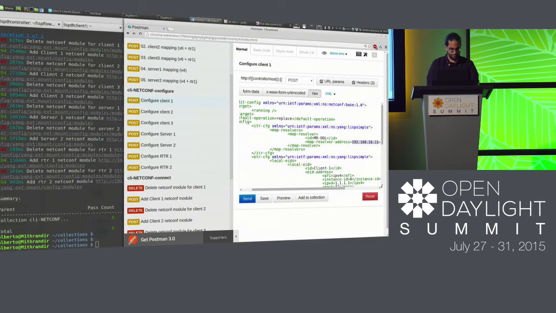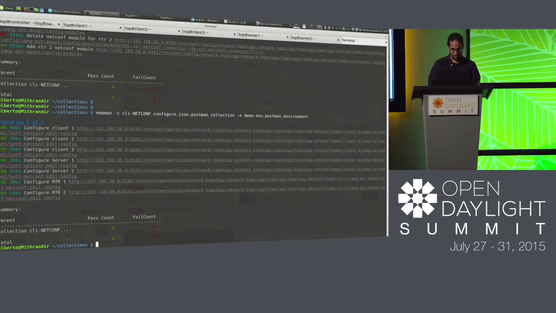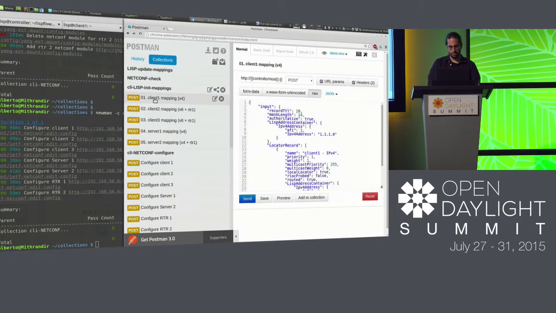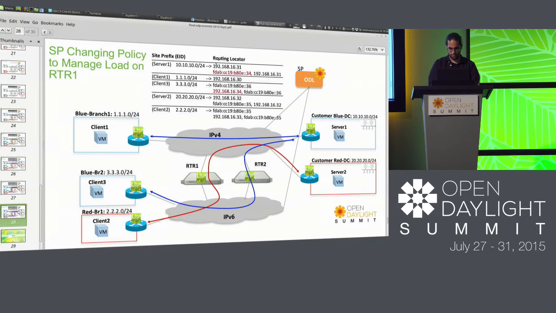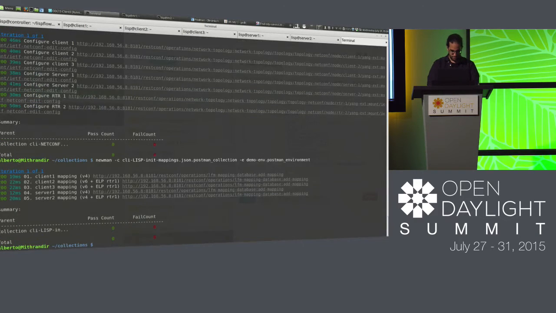Okay, so we send this configuration to all of them. Okay, we got all the configuration. Now we will insert the Lisp configuration for the mapping. So, for instance, for client one, we will say, okay, you can reach this Lisp site in this IP, which are the IPs that are shown in the slides as well, right? So we send the mappings with this, and now